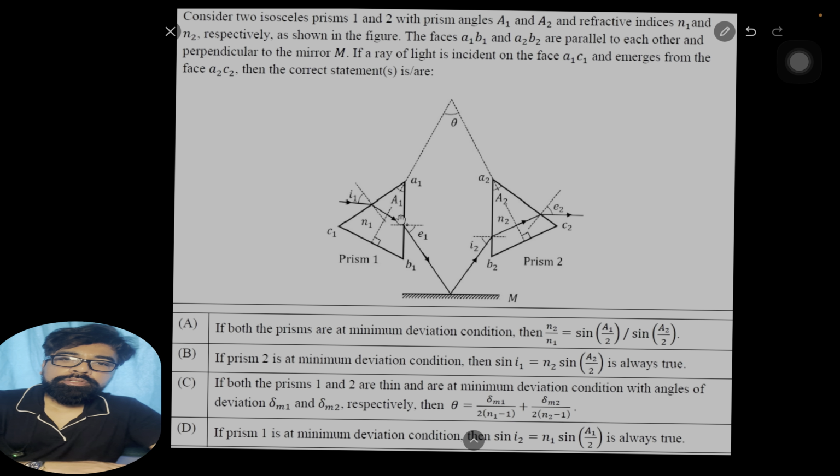Hi students, today we'll solve a JEE Advanced 2026 question from Ray Optics, as you can see on your screen. This looks interesting, so let us try to solve this question. JEE Advanced is known to give you a lot of cool questions, and I think this is one of the